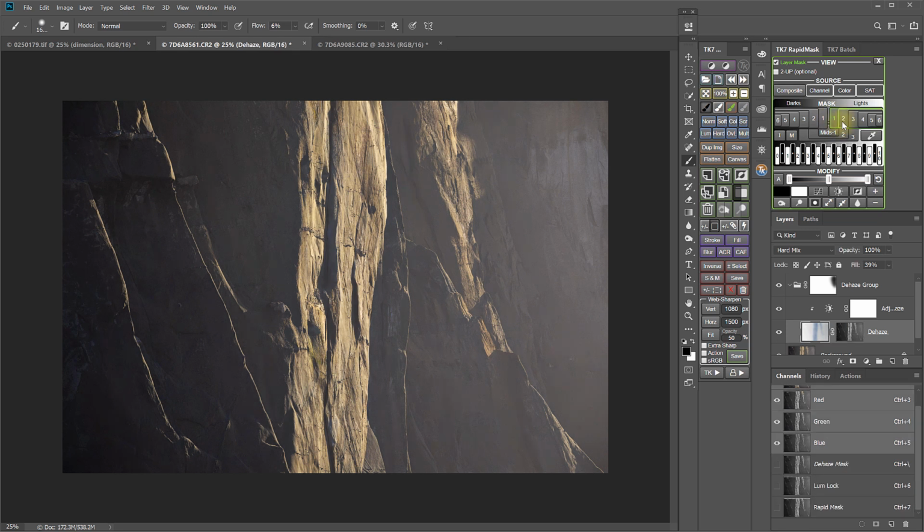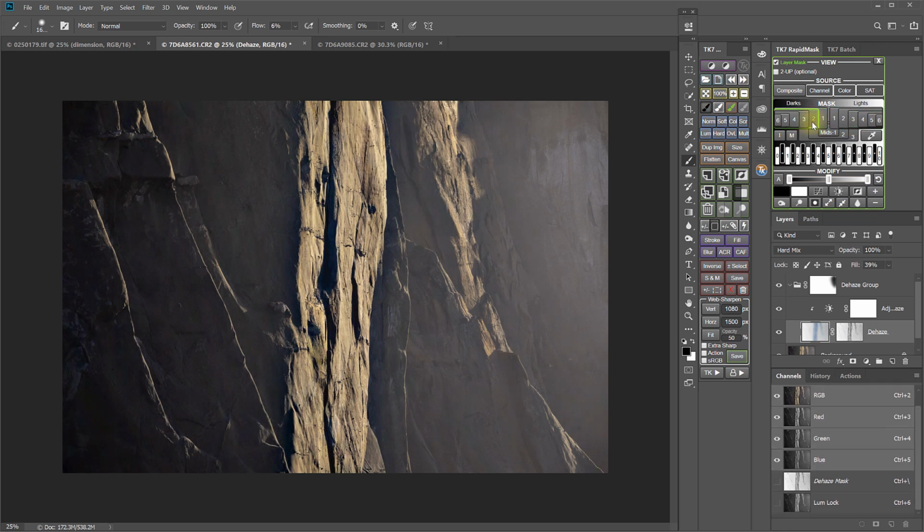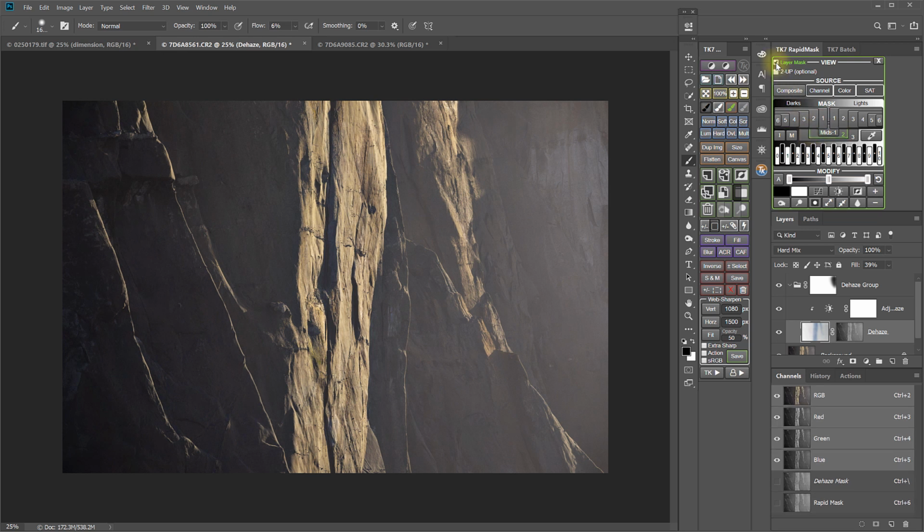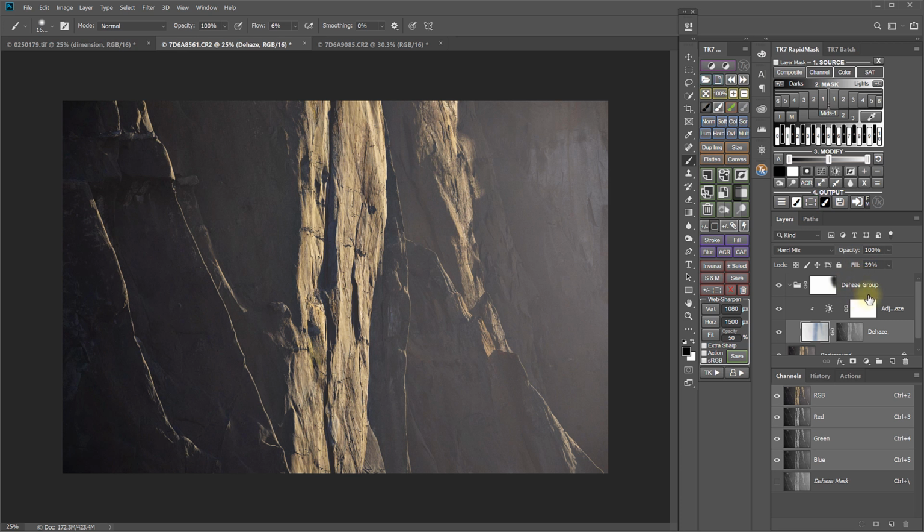So you can try a variety of different lights masks to see how they look. You can try darks masks to see how they look. You can try mid-tone masks. If you find one that you like, you can exit layer mask mode and just leave the action as it is. However, if you don't find another mask that you like better and you'd like the original mask that came